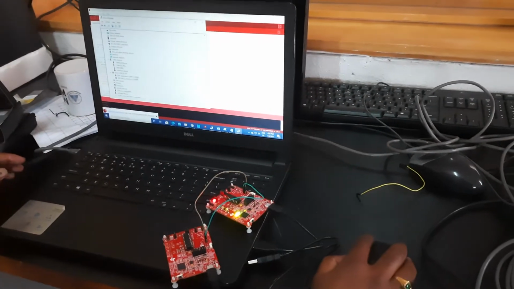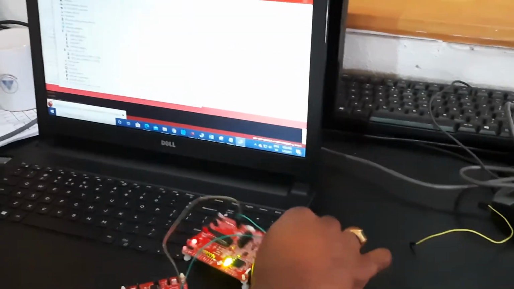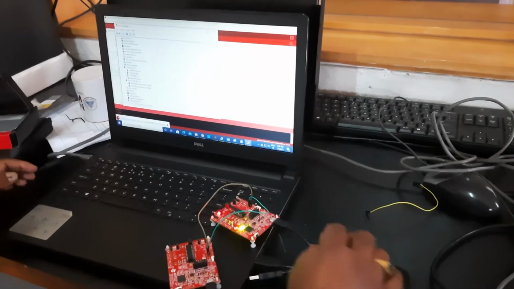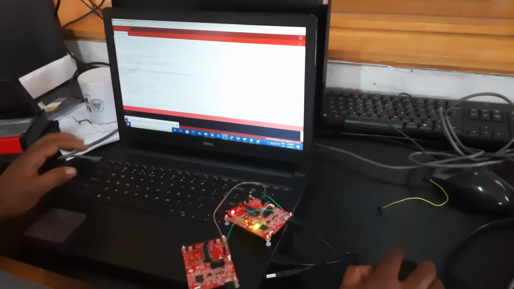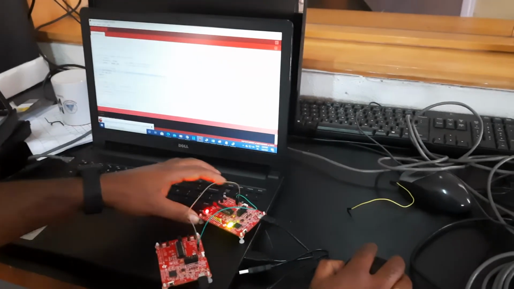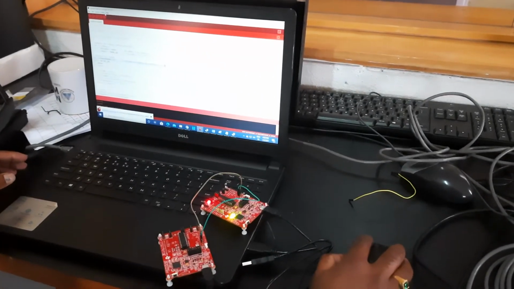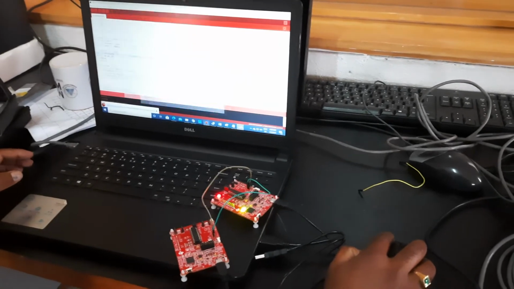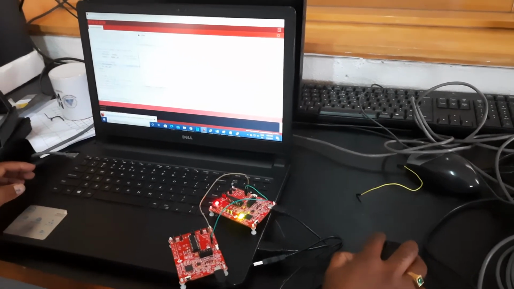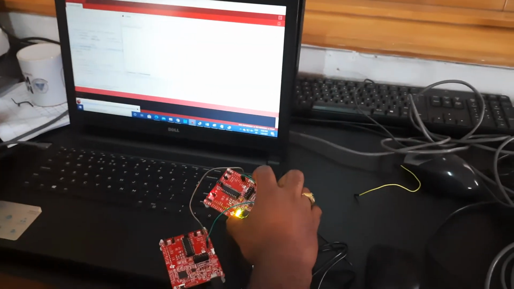So UART, that's a COM port. This microcontroller is connected through USB, and whenever this program is loaded into this microcontroller, since it is connected to a COM port, let us take COM port 4. If this button is not pressed, it is generating 0 and sending it to this microcontroller, and whenever this button is pressed, it will send 1 to this microcontroller. So let us check how the communication is established.